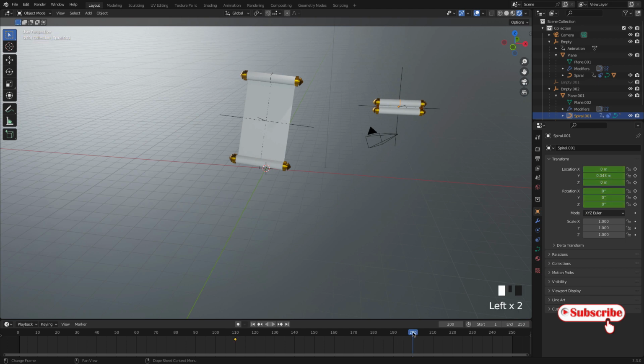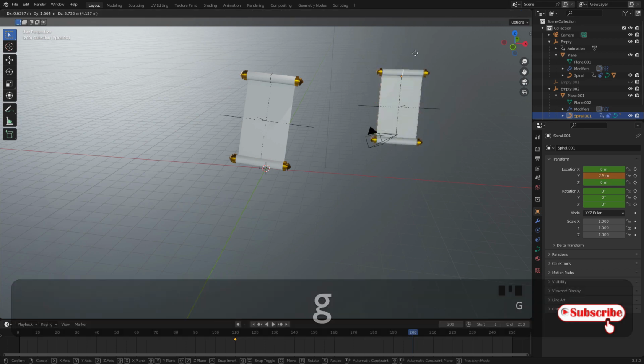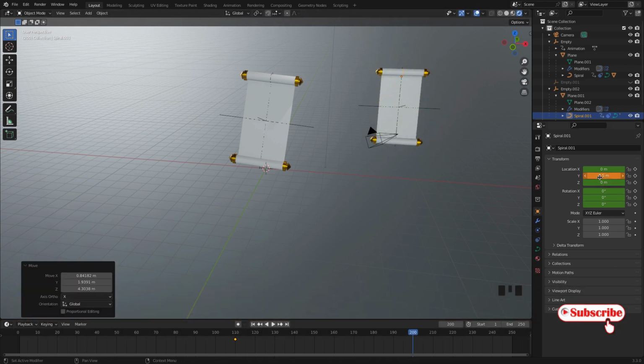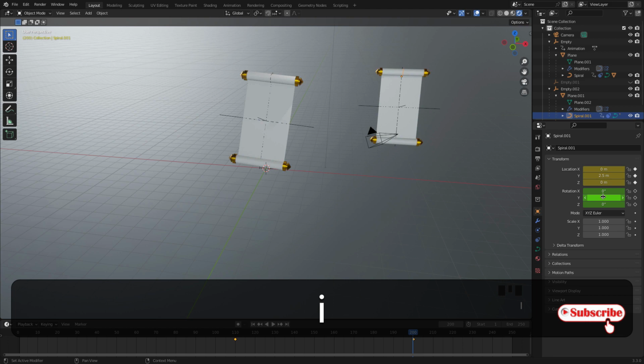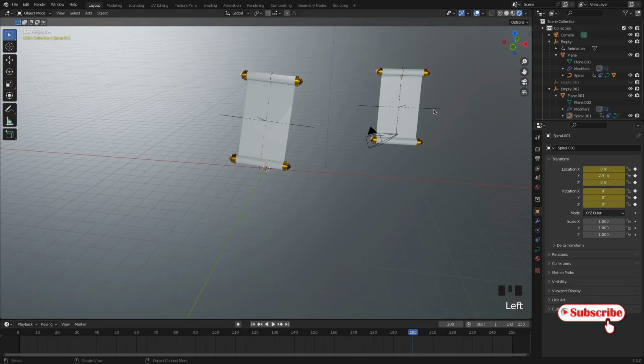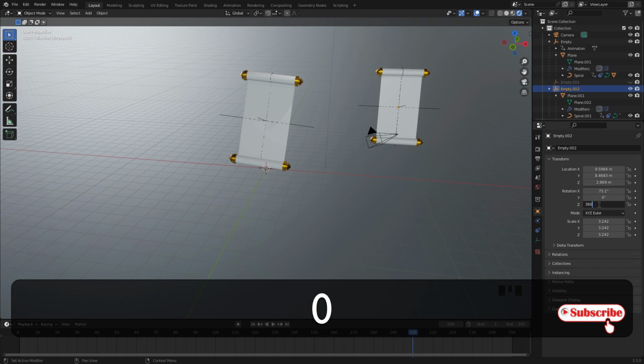In 200, and open the scroll and open, and insert a keyframe. Okay, and then select this spiral. In 200, the rotation, what is that rotation? 360,